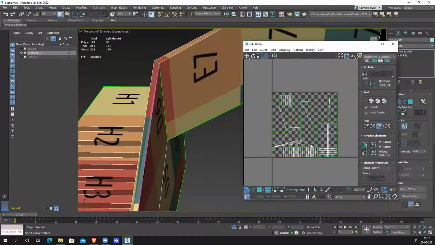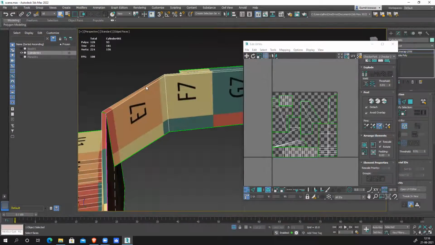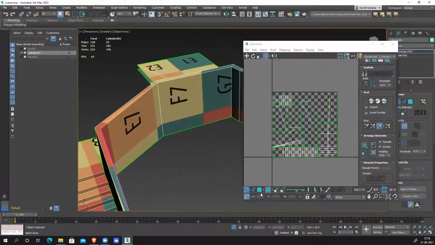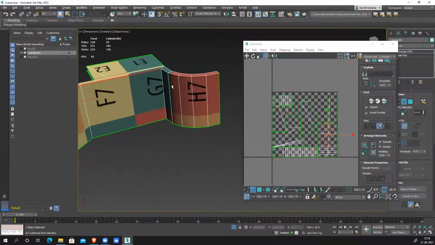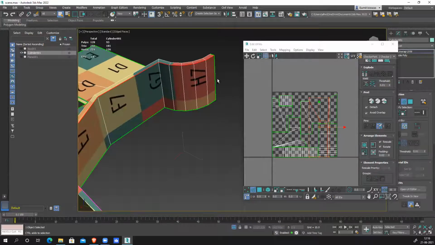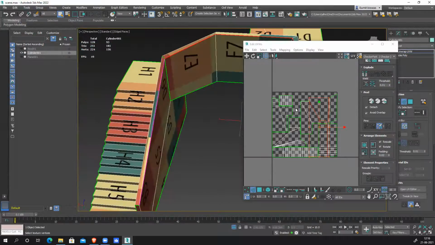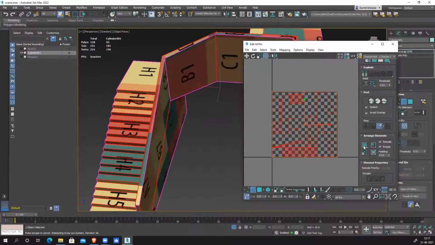So you can see better packing. I now have fewer issues with my UV. Similarly, if I want, I can separate this section also. Right click, break it, select, pack it one more time.